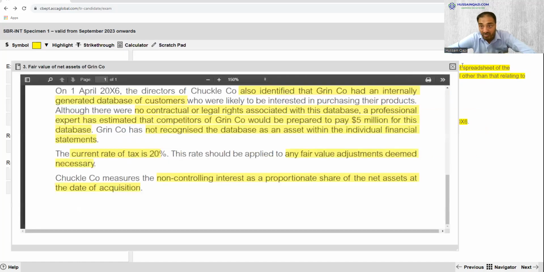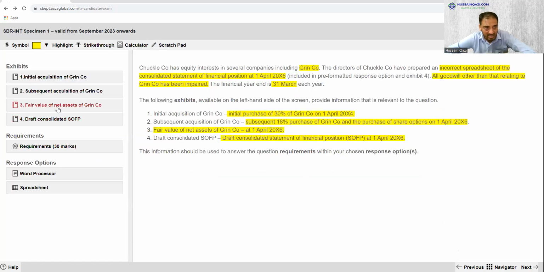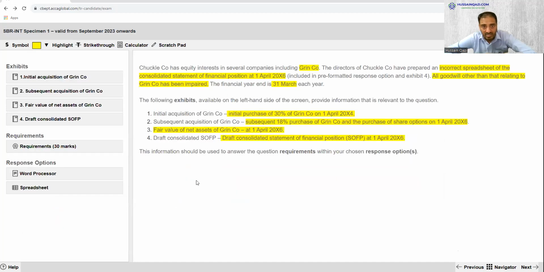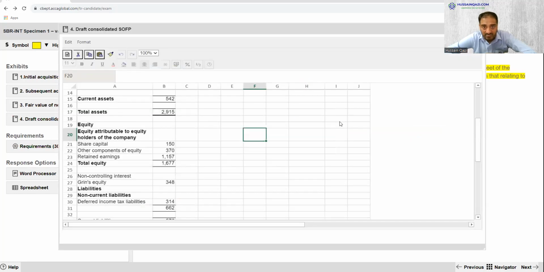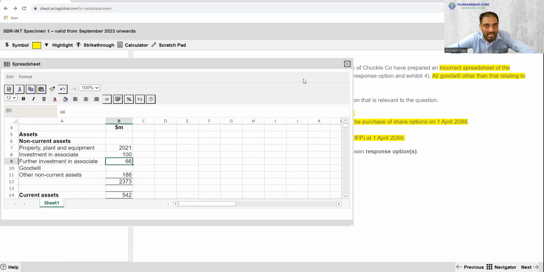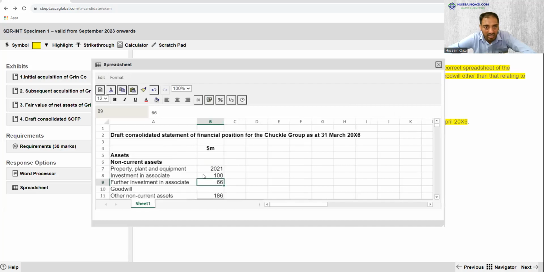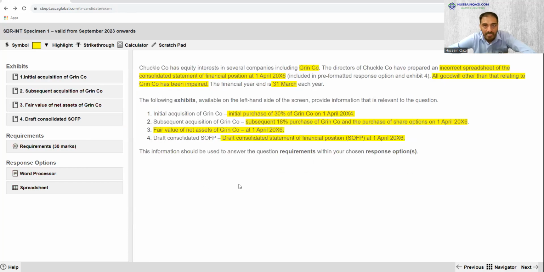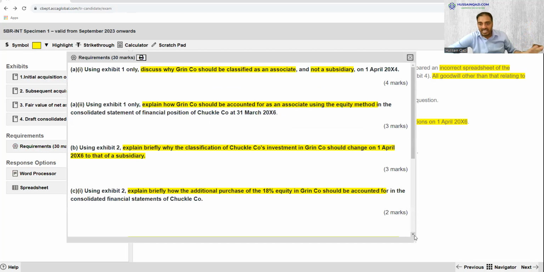This is Exhibit 4. This is the exhibit about fair value, and the drafted consolidation that we need to adjust. And that is the reading of the exhibits. Finally, at last,